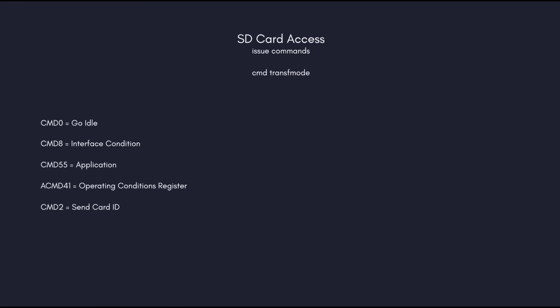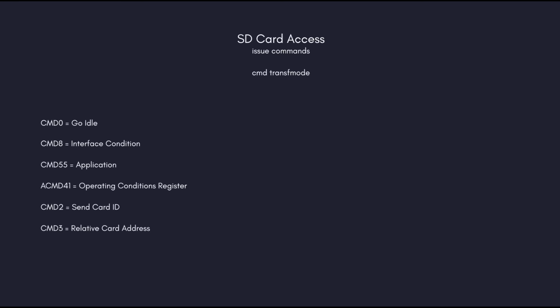After that, we can send the command 2, which is send card ID. The card will simply give us its ID, and we will use it to know which card we're working with. After that, we're gonna send command 3, which is the relative card address. Now, the card ID is the identifier for the specific card that we have in the reader, but we probably don't need this for anything besides just identifying the card that we're working with, but what we really want is for the card to send us its relative card address, because through that we will be able to talk to this